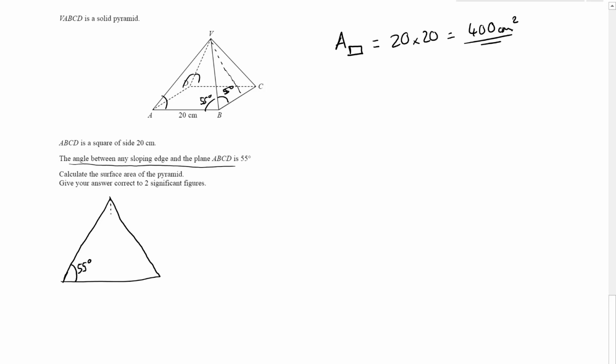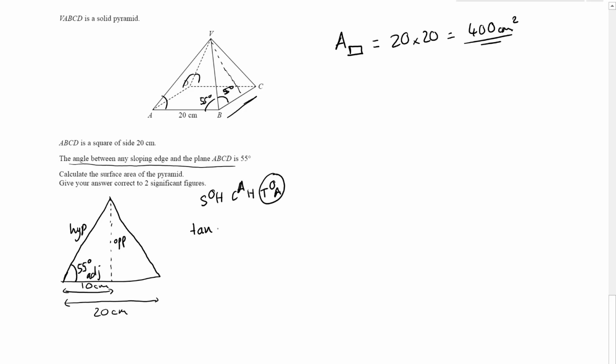So what we can say now is, if I put a half down here, I know the full length from here to here is 20 centimeters, because that's just the length of this base. So if I'm going halfway across to get to the highest point, this is now a 10 centimeter line. And I can use a little bit of trigonometry to work out this length here. So I have my hypotenuse over here, this is my opposite, and this 10 centimeters is the adjacent. So if I'm working with an opposite and an adjacent, remembering SOHCAHTOA,